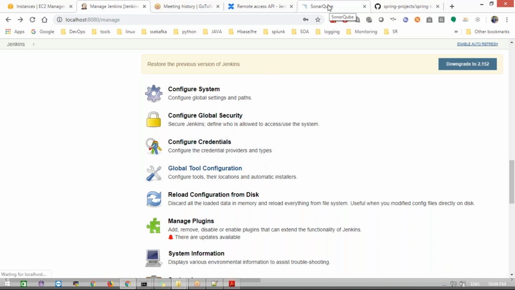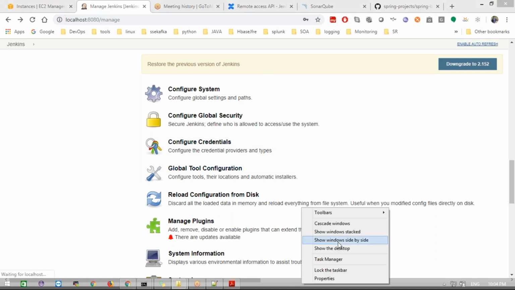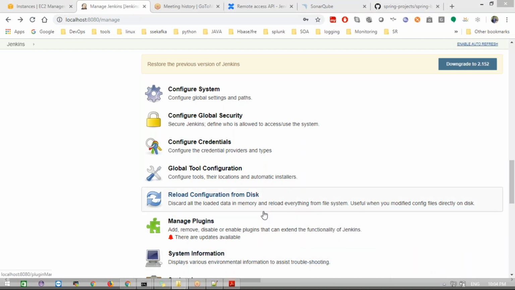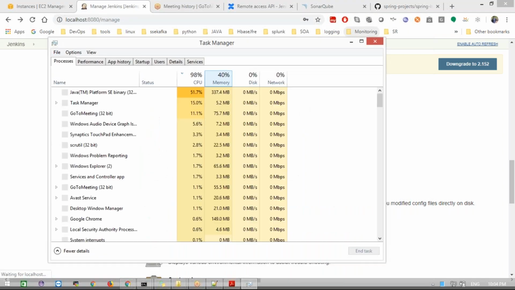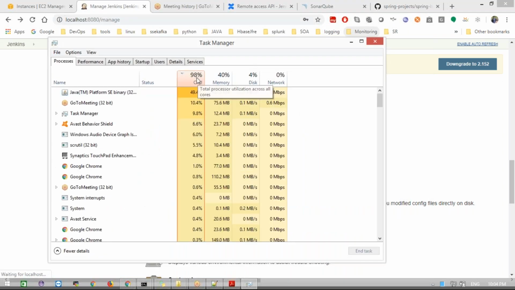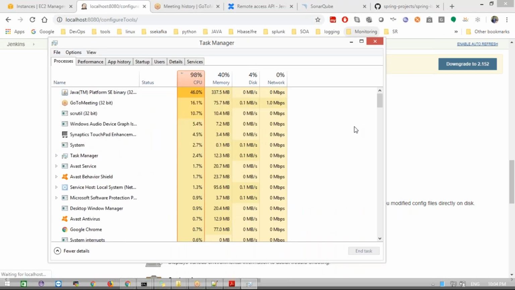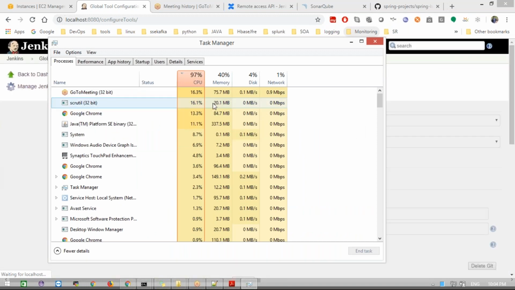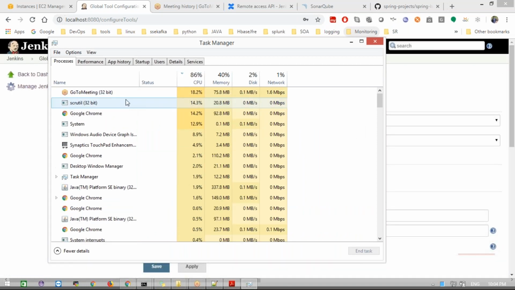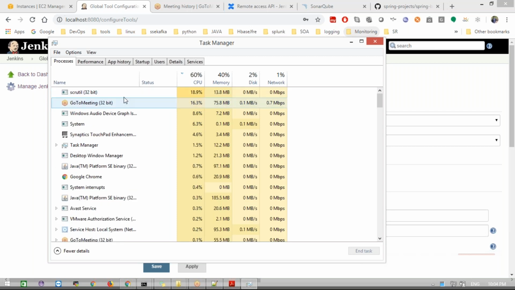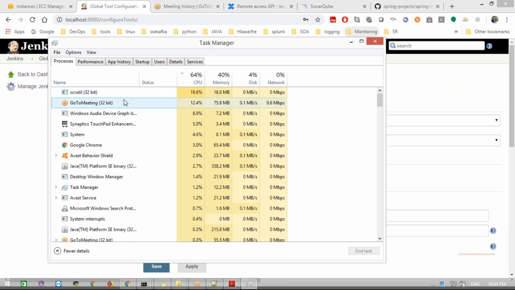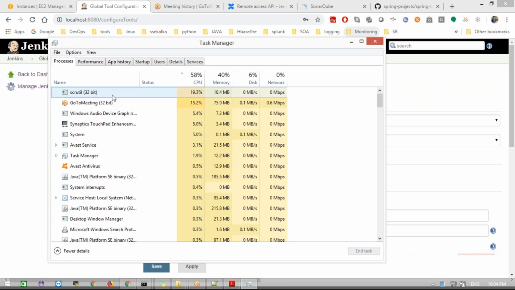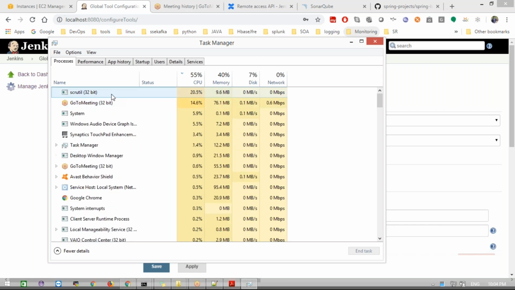This Sonar server is a huge server and takes a lot of space. Let me see here. My CPU is at 98%, very high. Intel 97%, 95%. This GoToMeeting is taking too much. What is this? SCRUTIL. What is that?